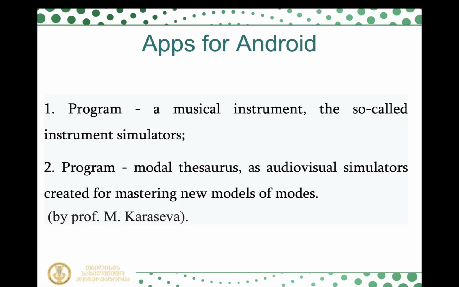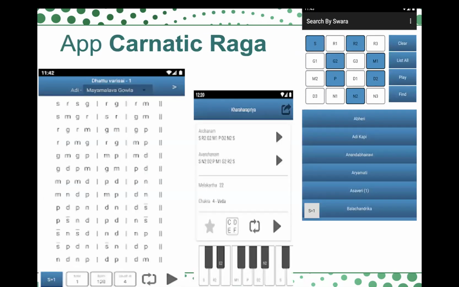Based on the research problem, applications that help master Indian ragas are particularly noteworthy and useful. In this regard, we will highlight, for example, the mobile application Carnatic Raga. Its use is particularly useful for mastering the variability of the mode. It can also be used to develop an operational musical memory. The application contains up to 1,000 sound sequences, variants of Indian scales, modes. Listening to them and directly repeating them is useful for developing pure intonation and musical memory.